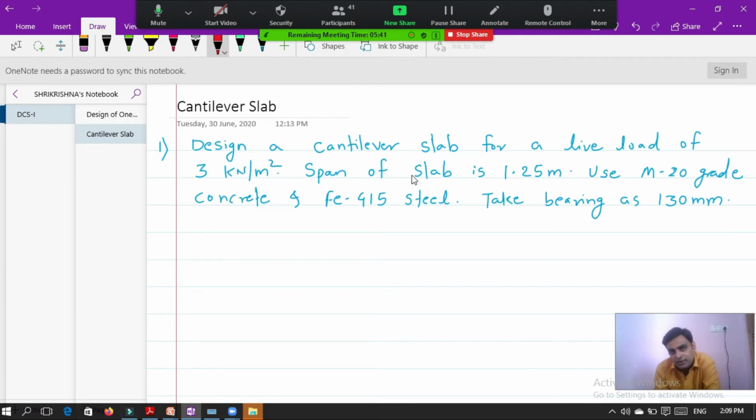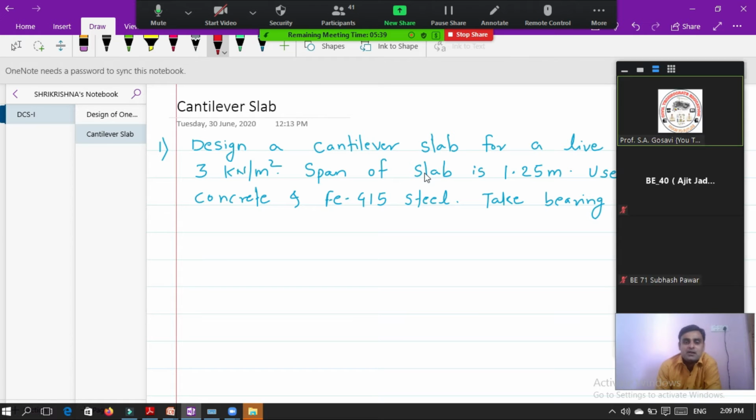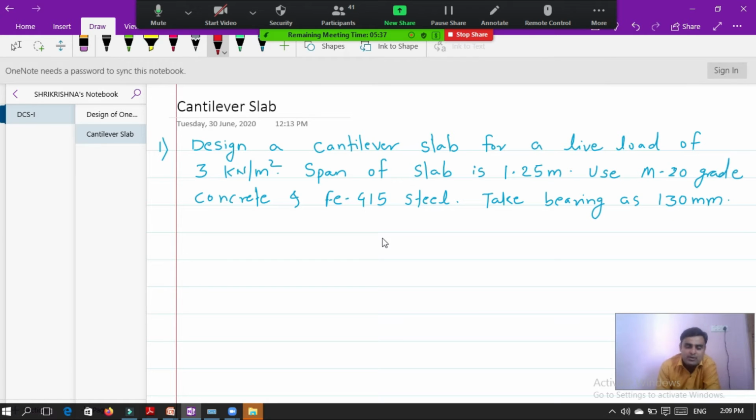So there is no need to decide whether this slab is a one way slab or two way slab. In cantilever slab, main steel is along one direction, and in the other direction distribution steel is there. So now the question is how to find out the depth of the cantilever slab.